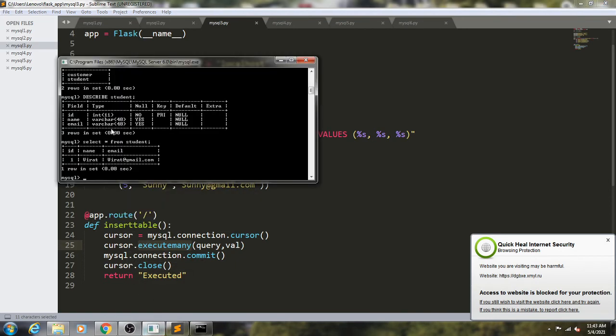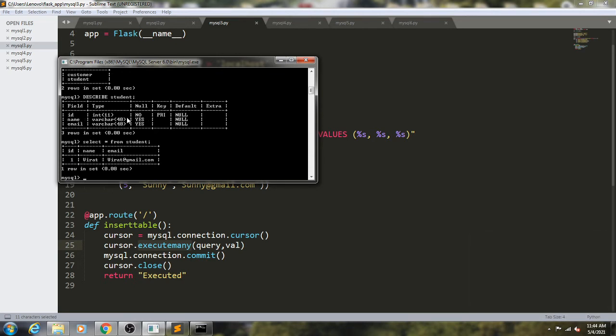Because we have already given the record which has id 1, and we have given the constraint that id should not be duplicate. So we can remove that one. How can we remove the first record? Delete from table. Okay, so delete from table. What is the name of the table here? Student.